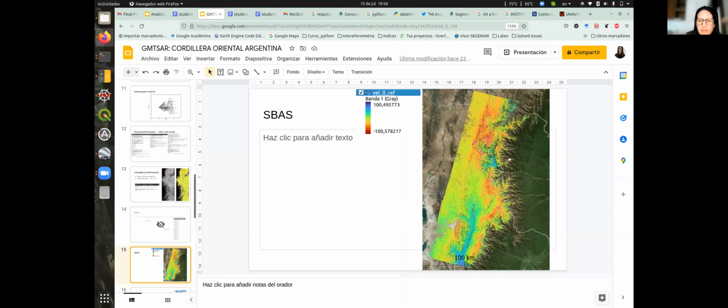Yes, it is a really big data set, and I also did the same, but with the entire time series. I am not showing you those results here, but I did the SBAS with all the available data. I also did this with the ascending, and then I want to transform the ascending and the descending to the displacement in the horizontal, in the east-west, and in the vertical. But before I do that, I need to see that my results are okay. If not, I think